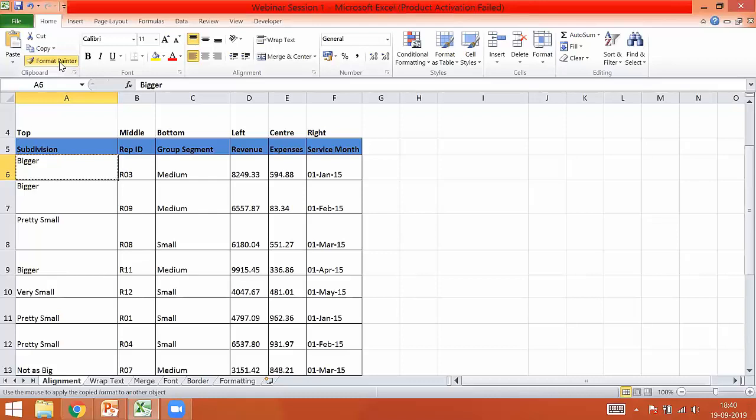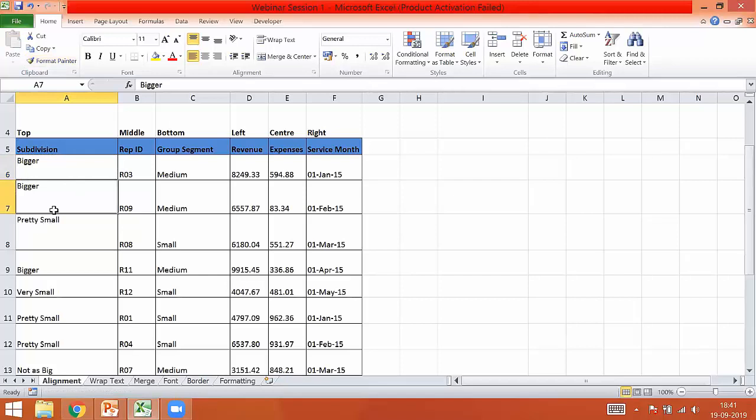If I do this, you can see a plus sign coming up with a paintbrush sign. This indicates that Format Painter is activated. Wherever I need to apply the same format, I just click on that particular cell.